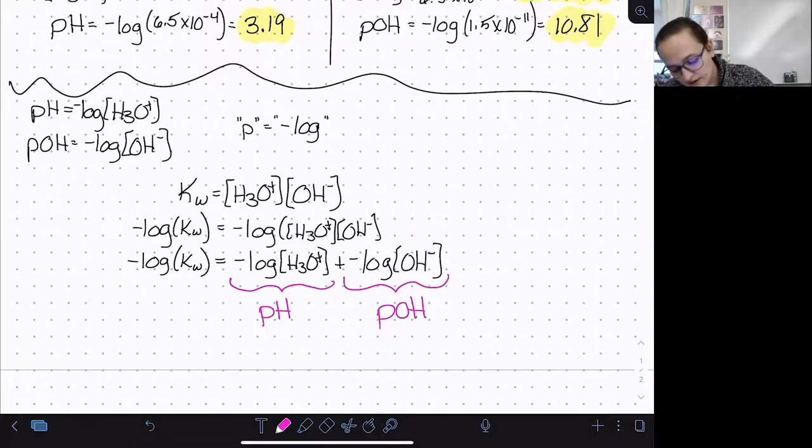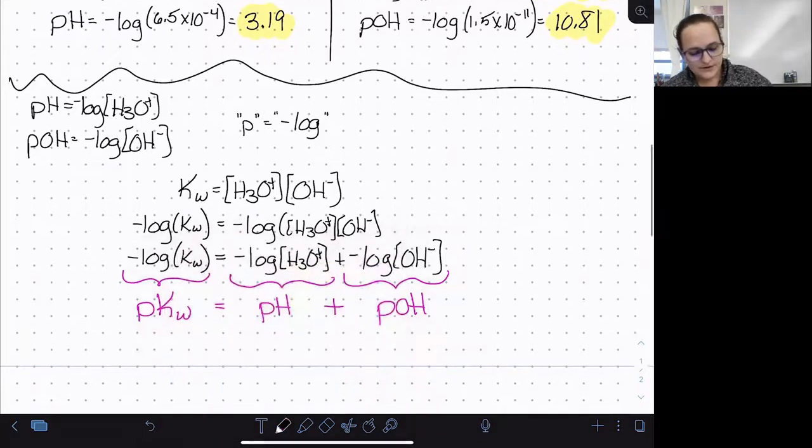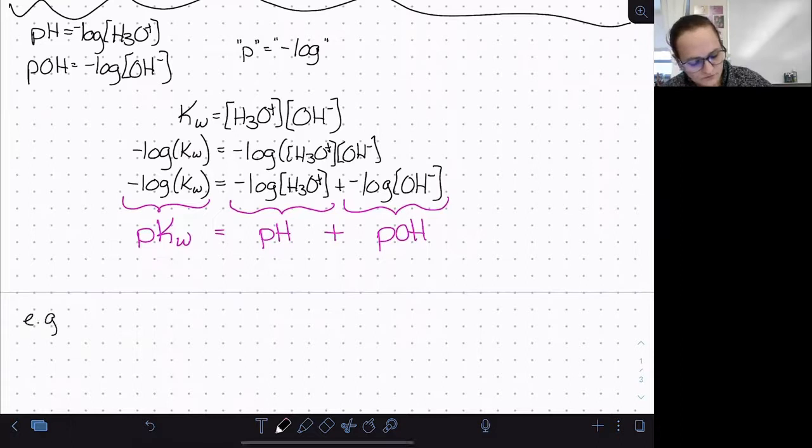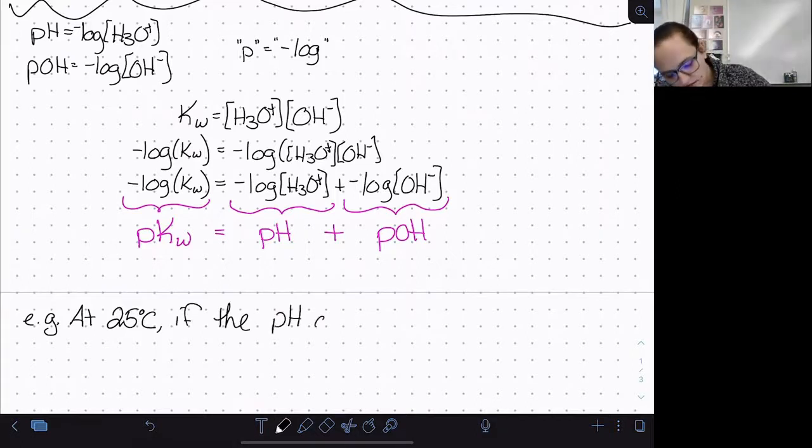And this equation is telling us that the sum of those two things is equal to the negative log of Kw, which we call pKw. So if we know Kw, we can find pKw just by taking the negative log. So let's say at 25 degrees Celsius, if the pH of a solution is 2,